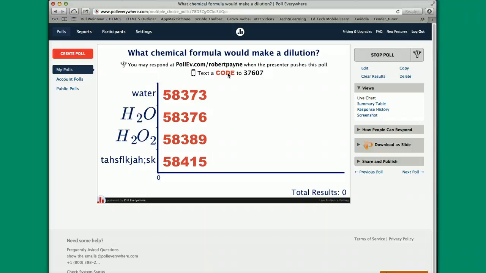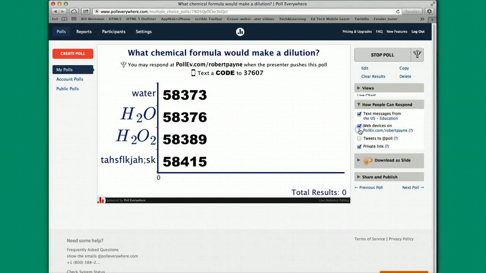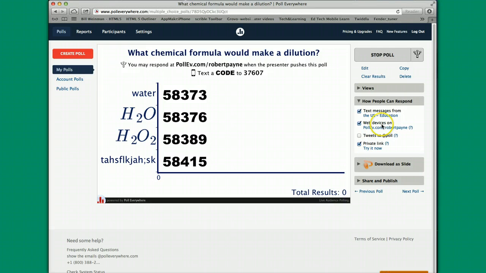But what about if you got to do it a different way? Let's say you want to email this particular poll. We talked about how people can respond, and there's a web device way to respond as well too. That's the address. You put this in your URL bar, and so if you're going to have somebody, let's say they're on one of the corporate Baker iPads, and they got that in class, but they don't have a phone, and maybe based on the number of students,